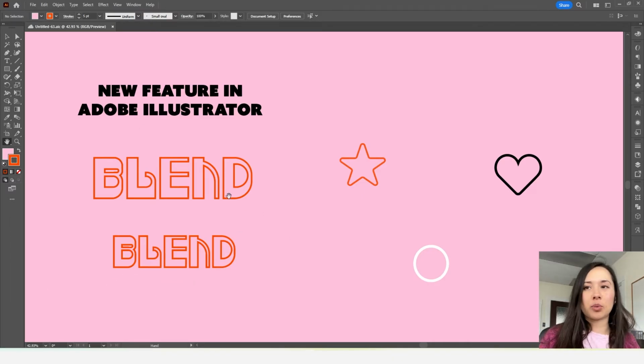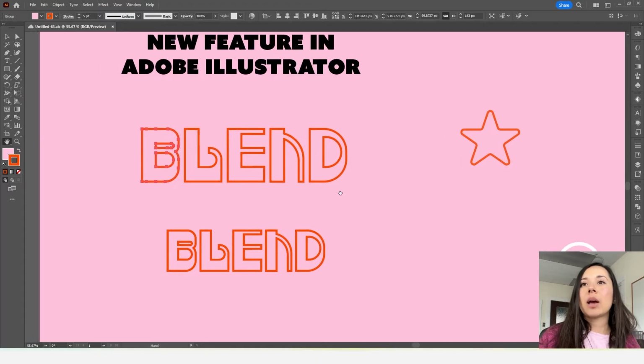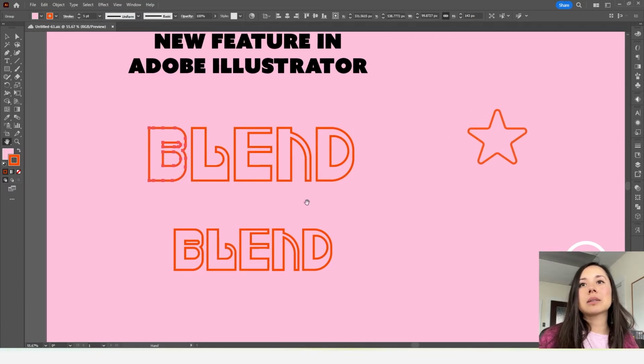So here I have the word blend, and these are just anchor points. This is not a font whatsoever. It's just anchor points that I put together to create some sort of font here. And what I'm going to do is blend this larger blend with this smaller blend. So I'm going to select the B here and this B here,